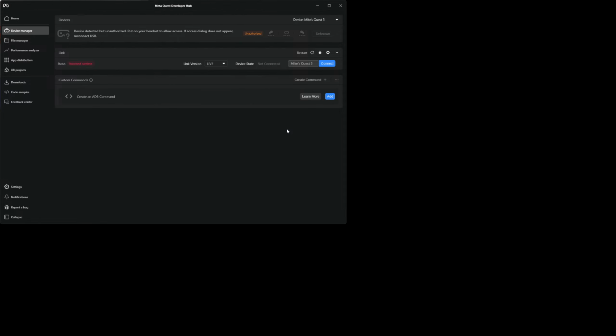What was that? Alright, now let's see if this works. Wait, it said ADB over Wi-Fi was enabled. Oh well, you know what? I'll just use the manual command.